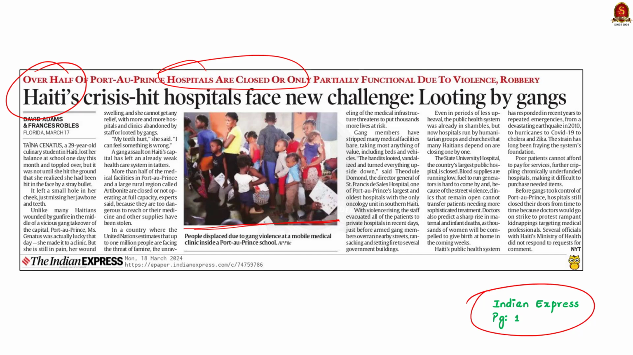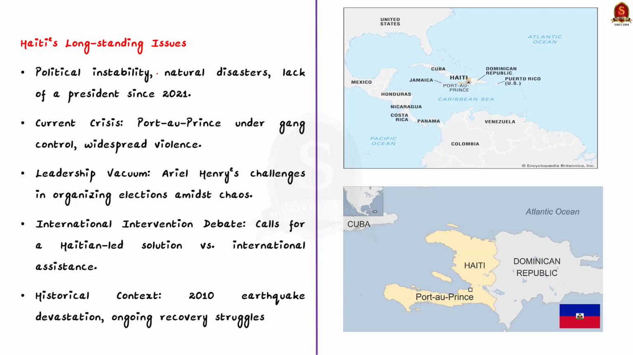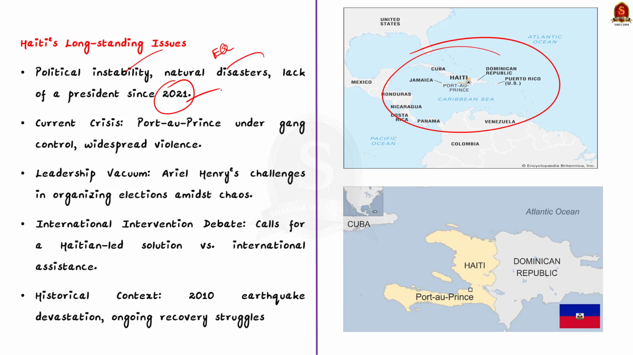With this, let us understand this issue in detail from the exam perspective. Haiti, a Caribbean country, is going through a really tough time. The country has been facing a lot of problems for many years, including bad politics, natural disasters like earthquakes, and not having a president since 2021. This has led to a lot of chaos, especially in the capital city, Port-au-Prince, where violent groups have taken over